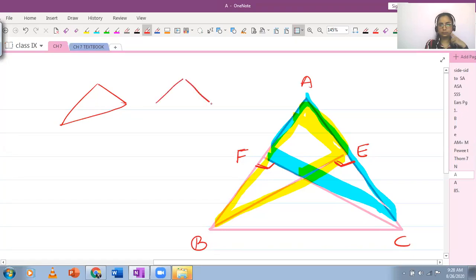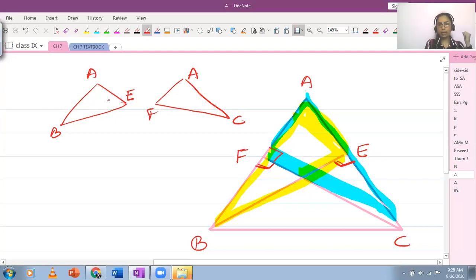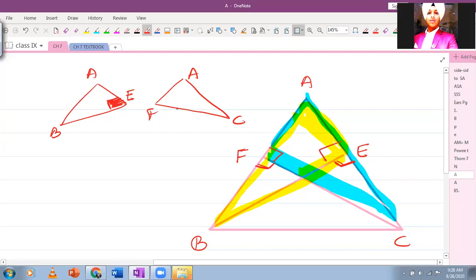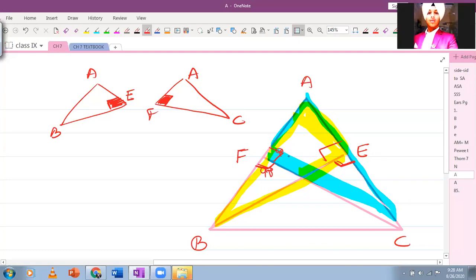Since this is perpendicular, the angle will be 90 here. And we have to draw linear pair first? No, why linear pair? When you say it's altitude, a 90-degree angle is formed on both sides of the altitude. Altitude said, so 90 on both sides by default. You don't need to prove it by linear pair. So if 90 is formed here, 90 will be formed here too.